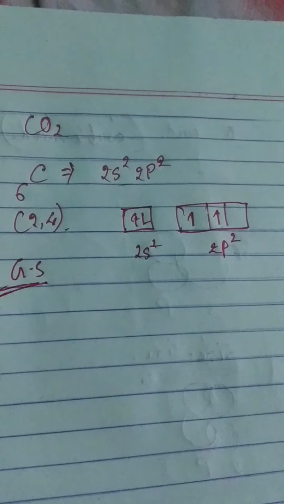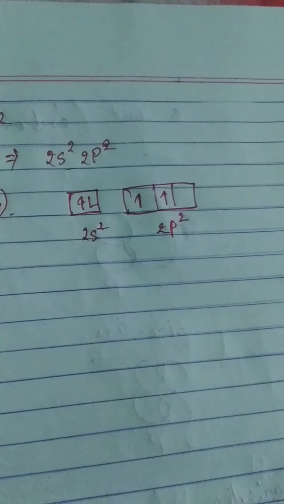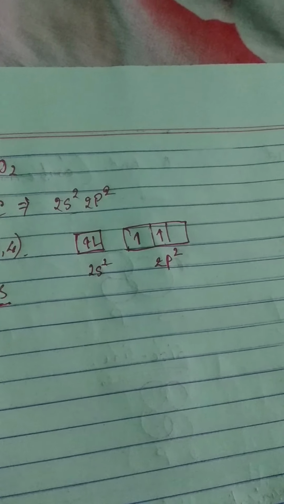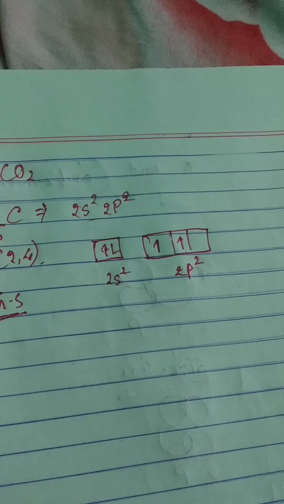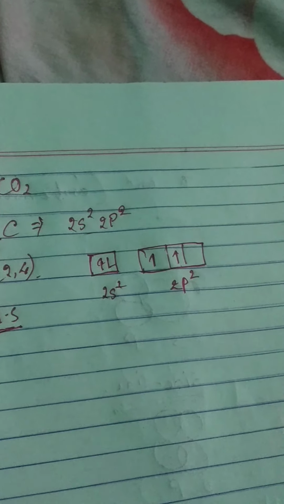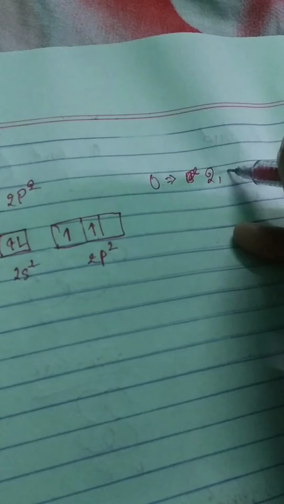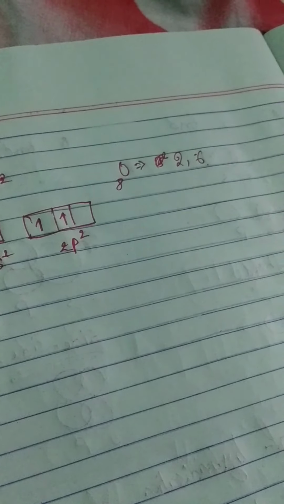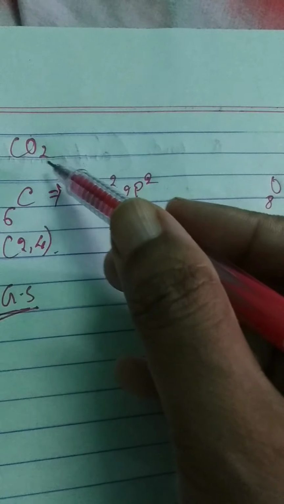Now see the actual molecule having 2 oxygen, and we know oxygen valency is how much? Oxygen valency is actually 2, means oxygen have to form double bond, okay. Means if you have to see the oxygen structure also, each of the oxygen needs 2 electrons to fulfill the octet. I'm writing here oxygen, it is 2,6, so it is short of 2 electrons, so it will combine with the carbon atom with double bond, okay. So that means I need actually 4 bonds to make this molecule, okay.